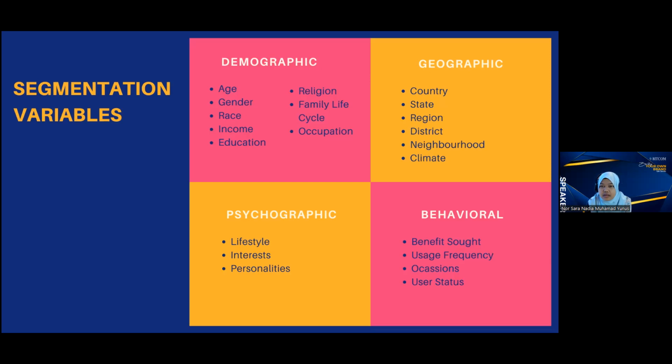yang they are not family oriented but they love to live alone. Ada juga this lifestyle sebenarnya agak significant in Japan, but in the case of Malaysia kita tak nampak lagi lah this kind of lifestyle tadi tu yang significant in the case of Malaysia punya market. Okay, so that's lifestyle. Interest, it depends on some people, their interest is towards traveling. Some people their interest is towards sports. Some people their interest is towards entertainment. Ni yang kita boleh tengok.